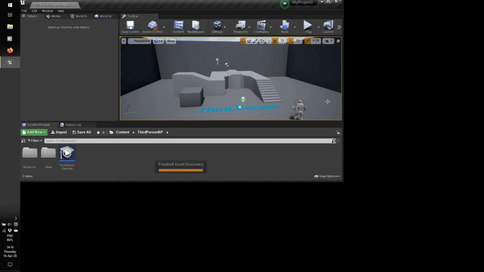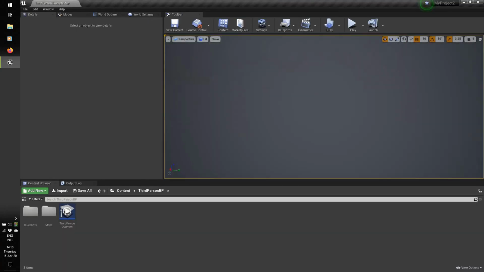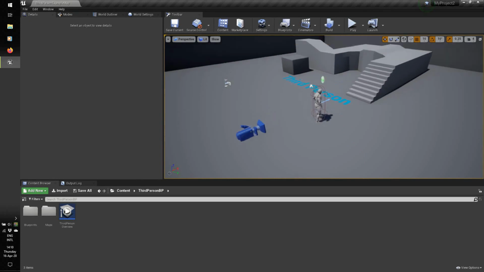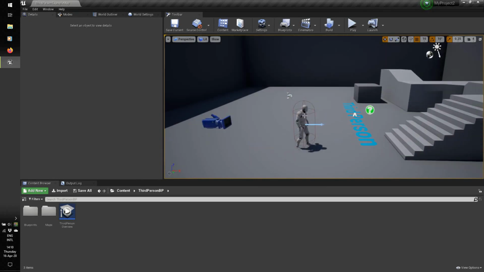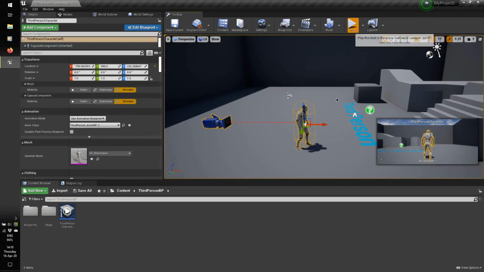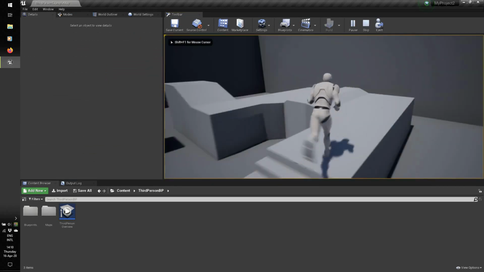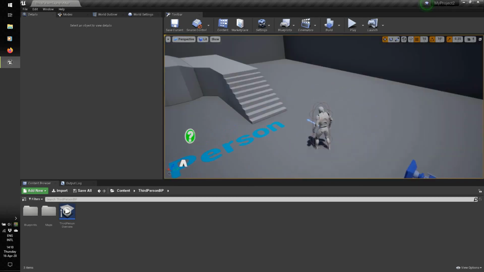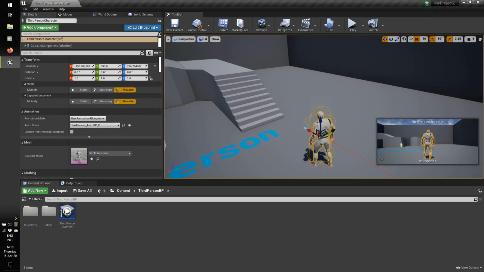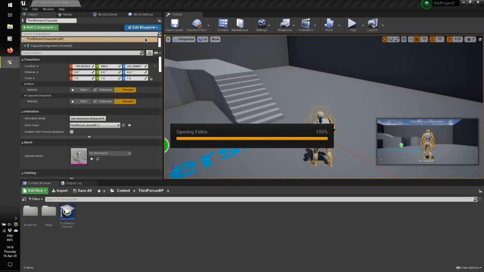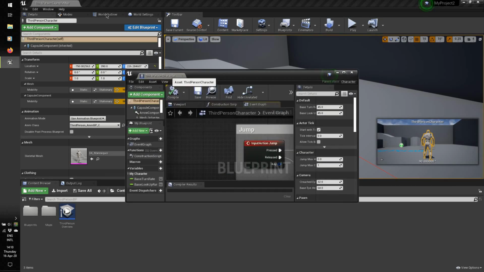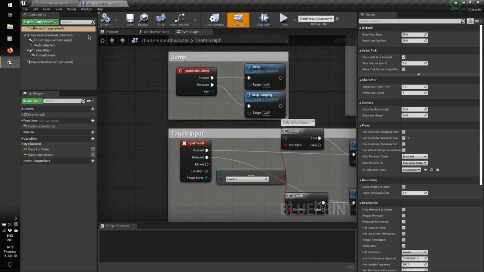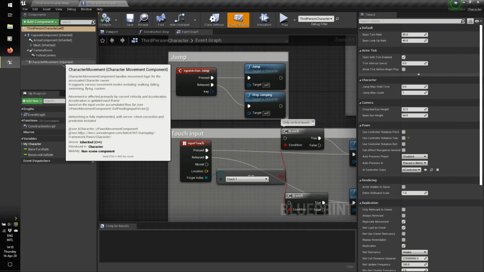Okay, cool. So this is the third person template where you already have this character here. You can hit play and it already has some inputs, some movement components. You can actually open its blueprint to check it out. And this is a fairly standard character. You can see here that you have some inherited properties like the capsule, the arrow component, and the character movement